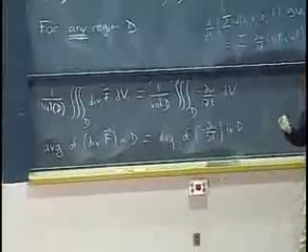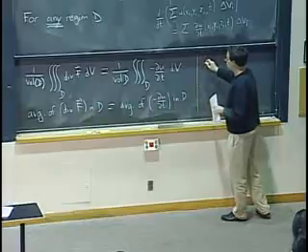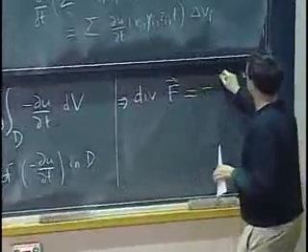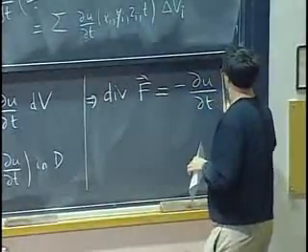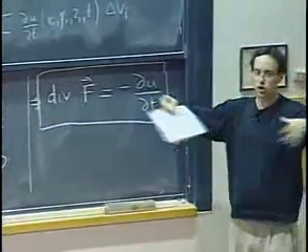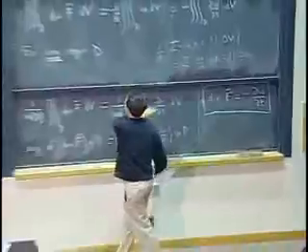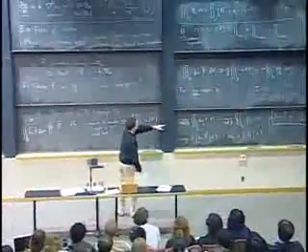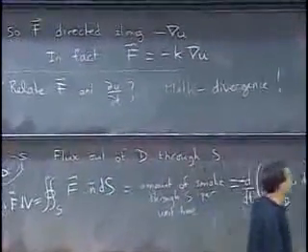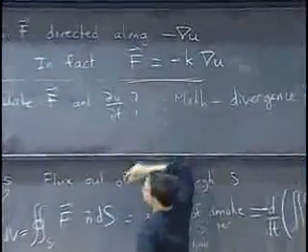And that's true for any region D, not just for some regions, but for really any region I can think of. So the outcome is that actually the divergence of f is equal to minus ∂u/∂t. And that's another way to think about what divergence means. The divergence, we said, is how much stuff is actually expanding, flowing out. That's how much we are losing. And so now if you combine this with that, you'll get that ∂u/∂t is minus divergence f, which is plus k times the Laplacian of u. Okay, so you combine this with that, and you get the diffusion equation.